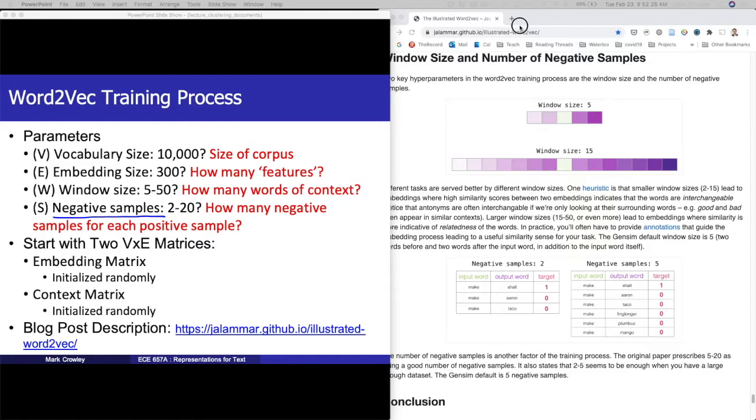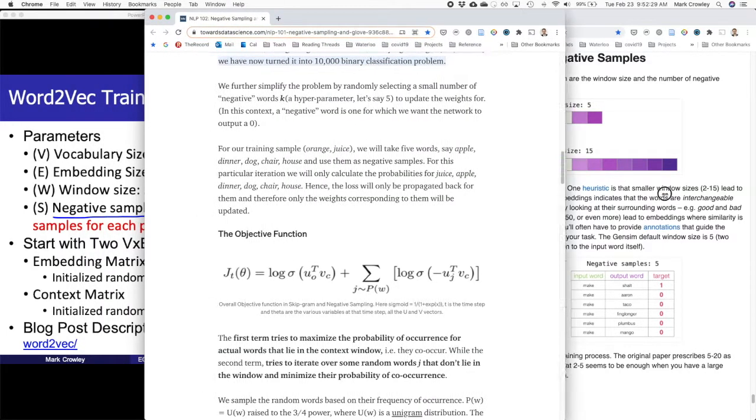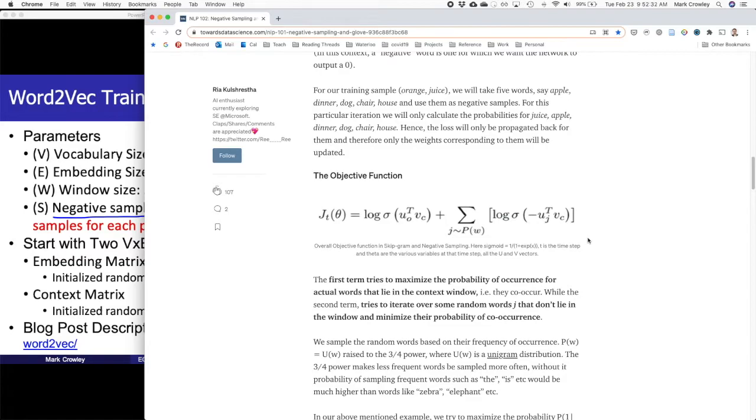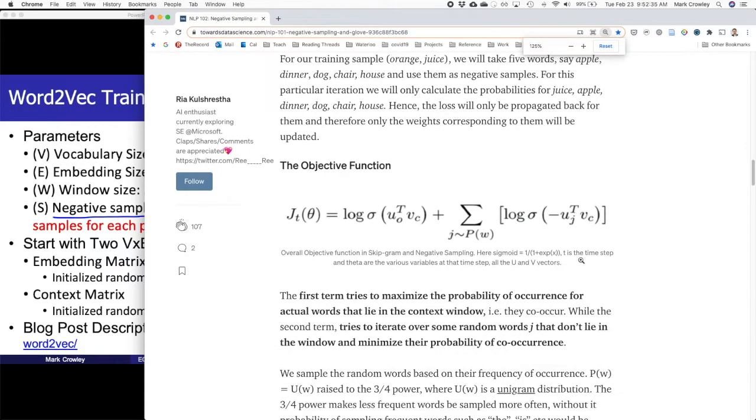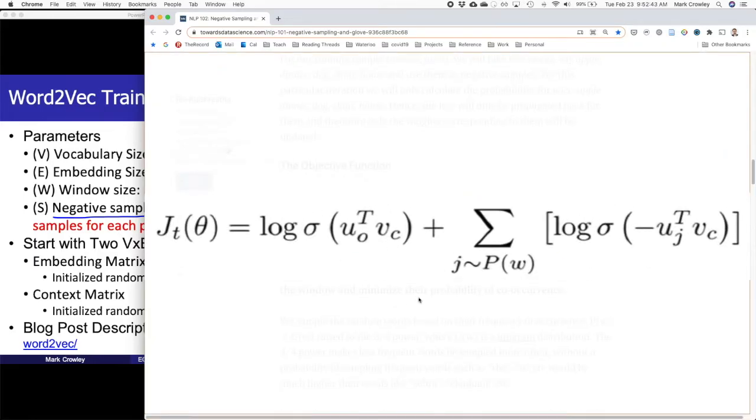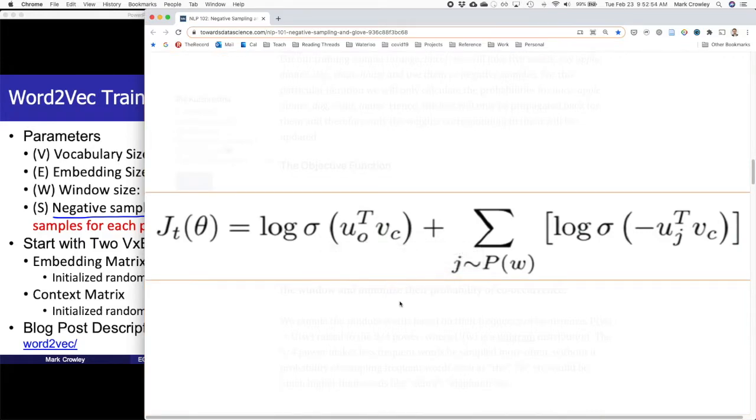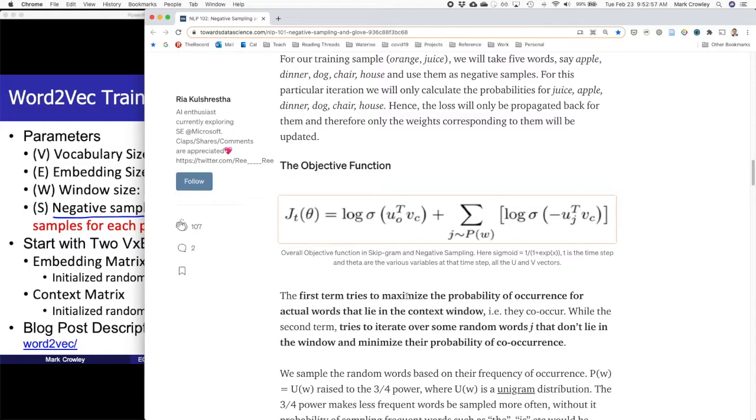Okay, so another way to see negative sampling is that essentially you're updating the objective function that you're using for logistic regression. So sigma here is our sigmoid function that we're passing things through. And I guess u_t here is the vector for all the words. And what you're trying to do is